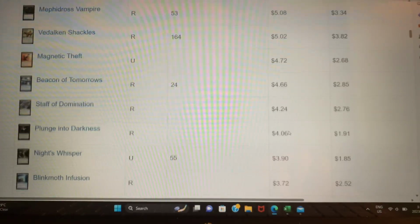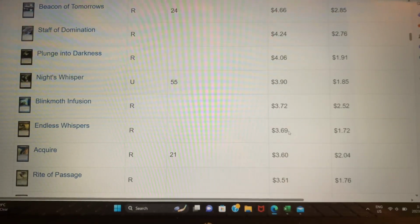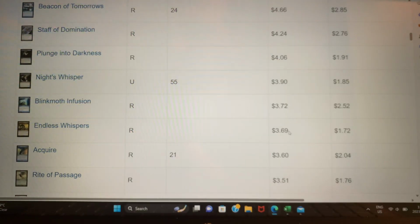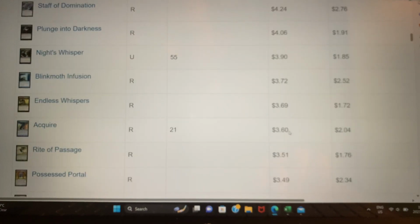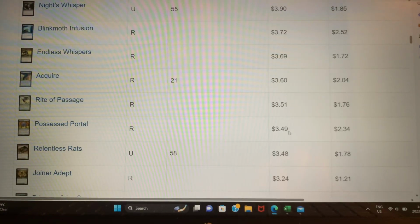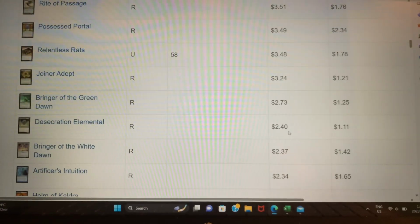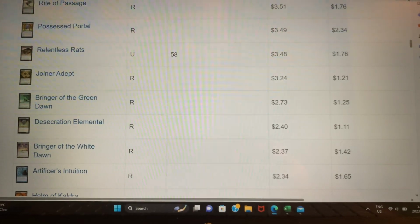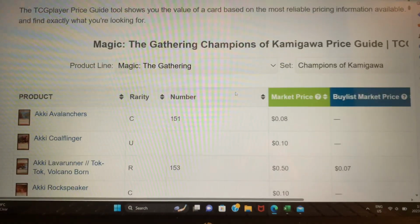Magnetic Thief might be something. And Night's Whisper also. Night's Whisper for non-foil has been getting hit pretty good. It's been in a few different Commander sets. So now it's getting cheaper and cheaper, but it would still be a decent one to hit. Maybe they'll hit Relentless Rats. They were using it as a Festival in a Box promo. Dead giveaway that they're going to make it